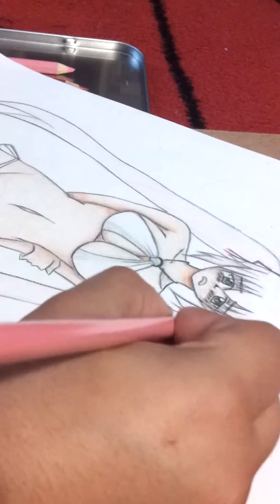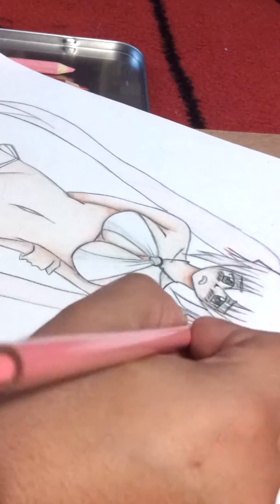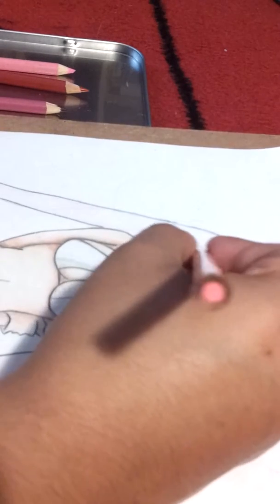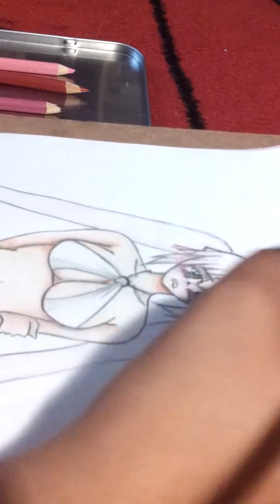You just have to find out where your shadows may be. So for her, for Mew, I'm just gonna put in a few shadows, actually a little bit right here, and I added a little bit of blushies for her face because I only colored her skin yesterday,